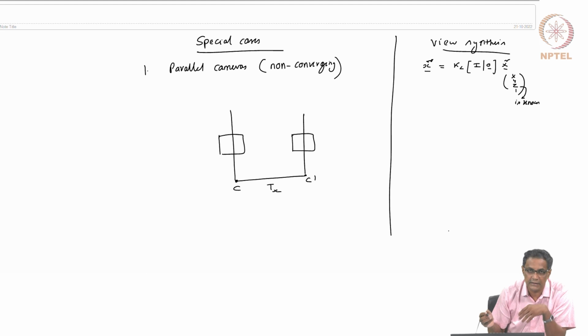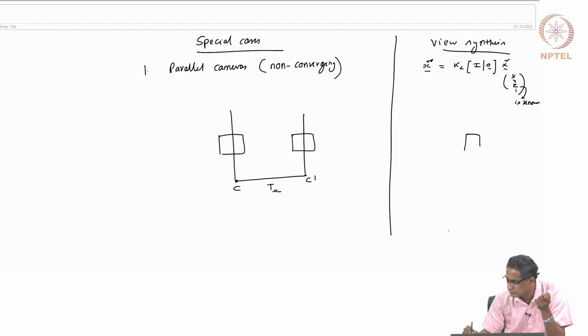So having come this far, I thought it should be easy to just let you know that I'm not going to ask you anything on this in the exam, but just to let you know that such a thing is just one step away. So now, for example, the way you do view synthesis is